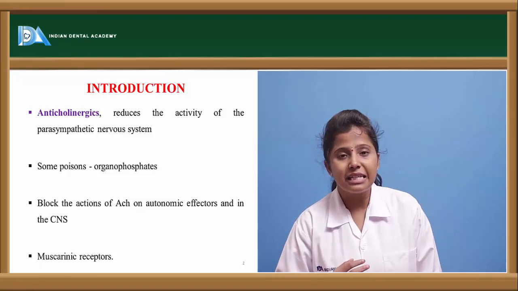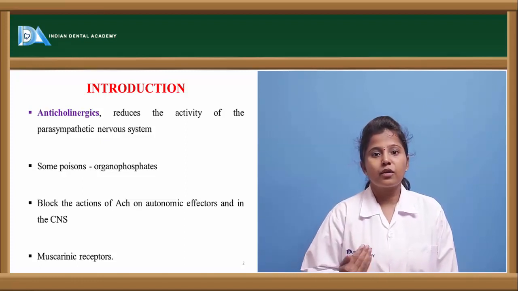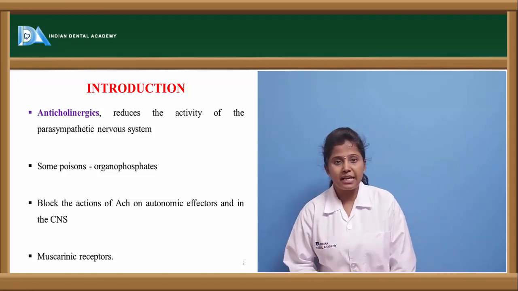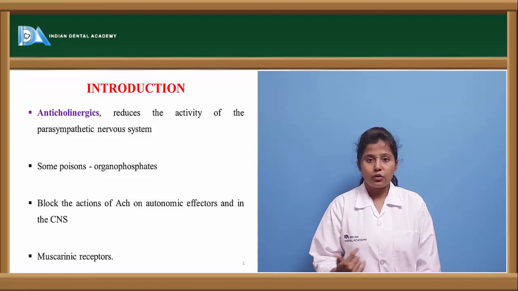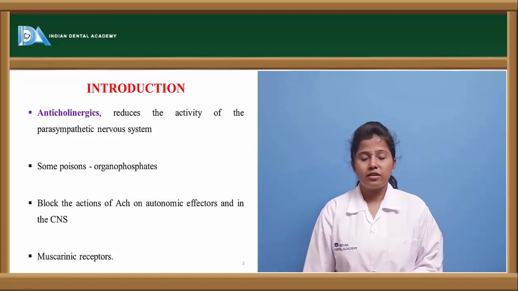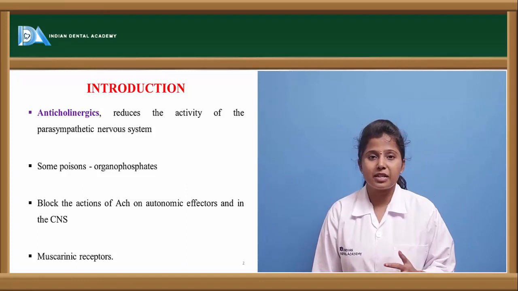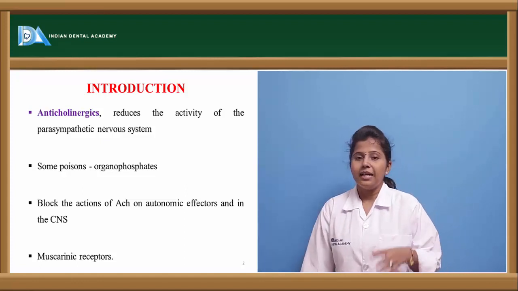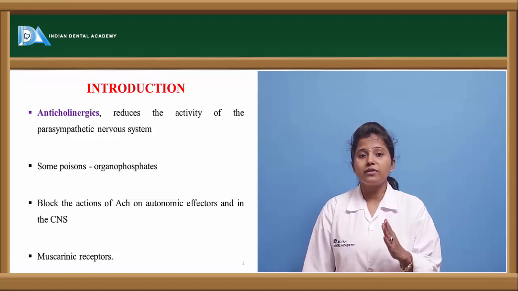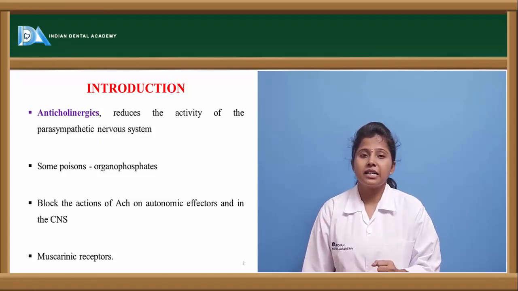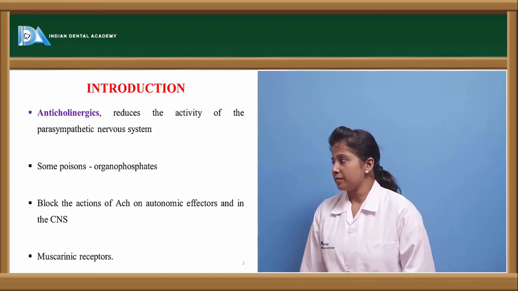These drugs either block the release of acetylcholine from the synapse, or else they block the binding of acetylcholine to the particular receptors, that is, cholinergic receptors. That is how they show the parasympatholytic activity. Especially, the blockade of acetylcholine at the muscarinic receptors is more clinically preferred than at nicotinic receptors.